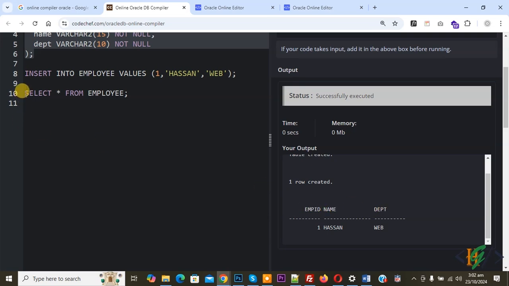So by using select star from the employee table we retrieve all data in our table. Now you see one Hassan web, and you will find all queries in the video description or in the comment